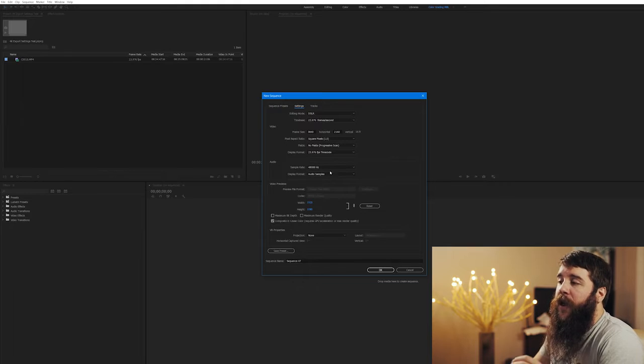Audio settings, your sample rate is 48,000 hertz on pretty much all DSLRs and mirrorless I've ever used. If your camera is recording with a different hertz, change it to the hertz that it's using. Video previews, you do not need to change any of this. Your width can be 1920, your height can be 1080 because this is just the preview. Your maximum bit depth and maximum render quality also do not need to be checked because this is just for